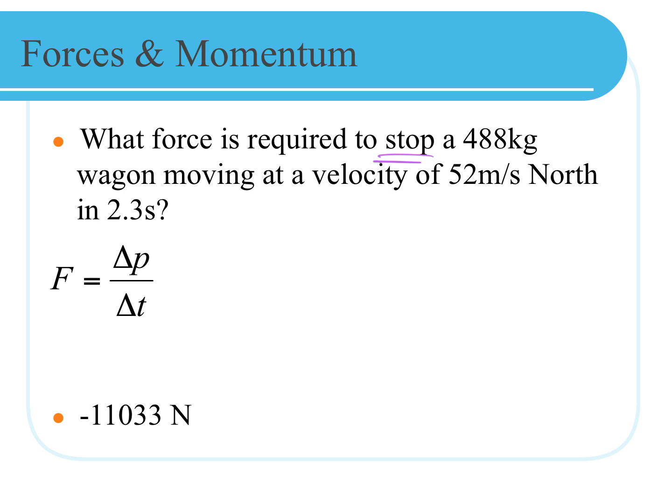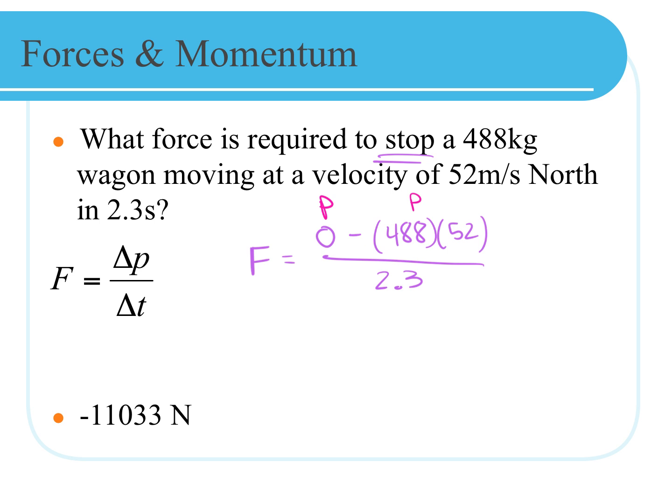Okay, so if we set up our equation to say the net force that's going to put this to a stop is equal to the change in momentum. What's the final momentum of my system? 0, right? Because I'm going to come to a stop. So 0 minus my original momentum, 488 times 52, over my time. Do you see how we got that all plugged in? This would be final momentum minus initial momentum. Our final momentum was 0 because my velocity was 0. So then we're just going to plug in.